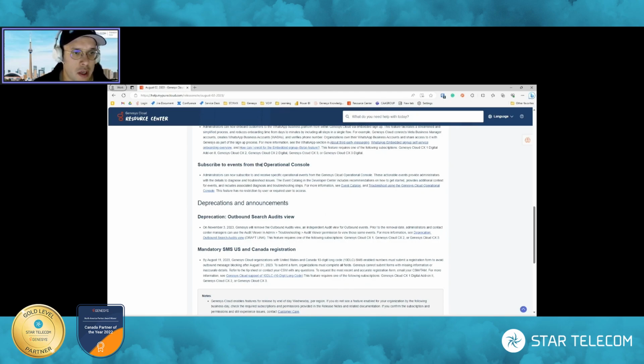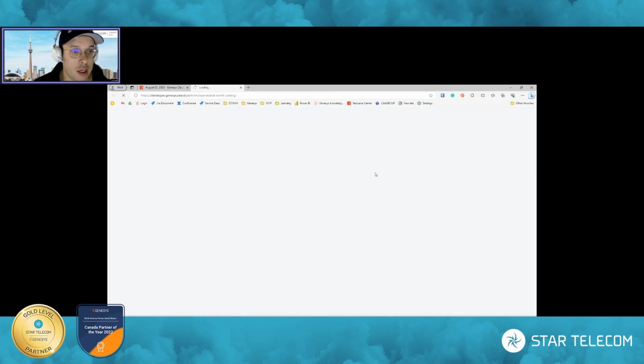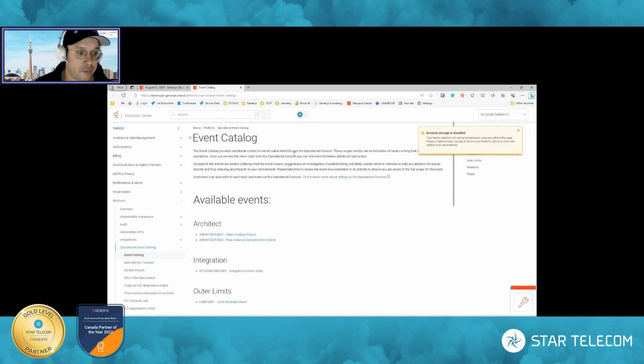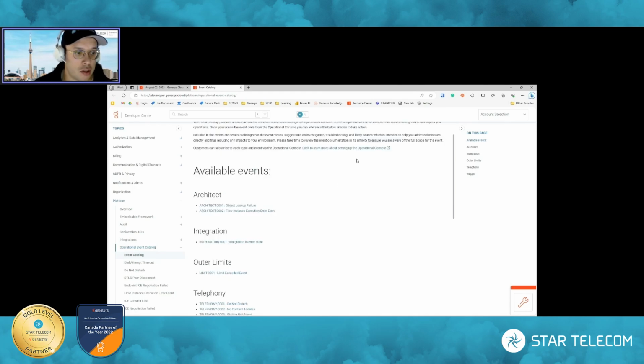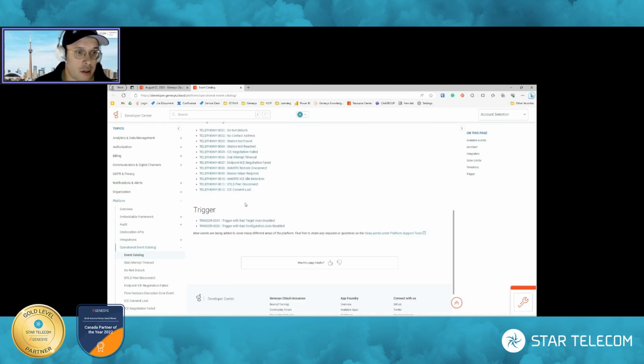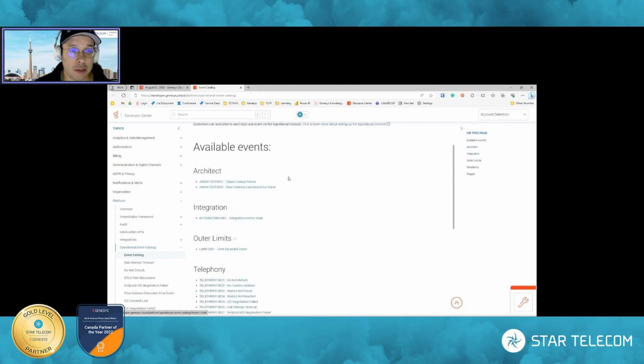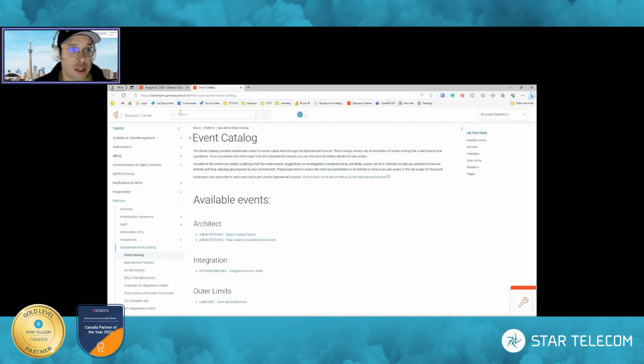Subscribe to events from the operational console. So now there's different events that Genesys shoots out, more on the lower-end system level. Now as an administrator, if you want to monitor those events, you're definitely able to sign up for those triggers and events. Right, so here's an example from the developer page. So all these particular events, these endpoints, can be signed up,